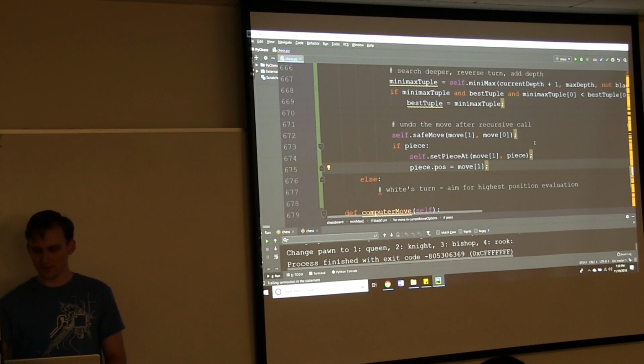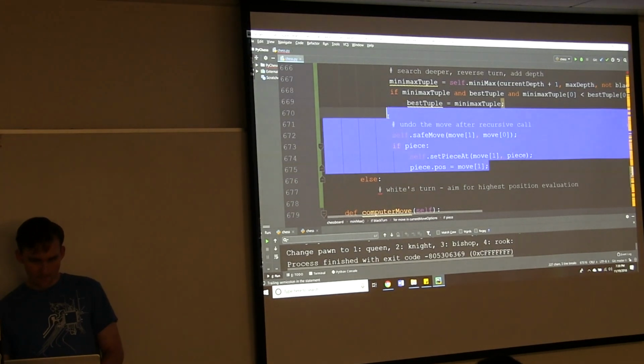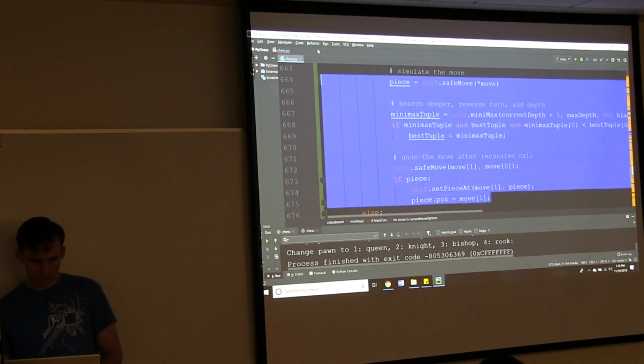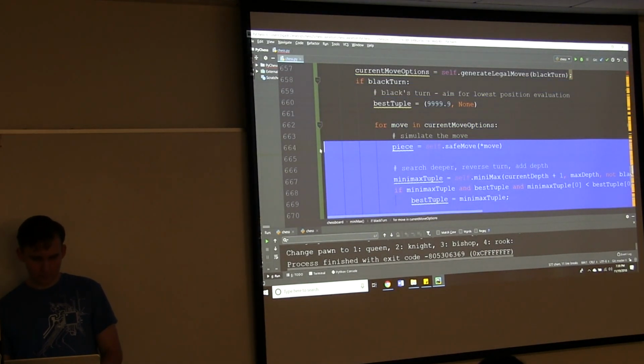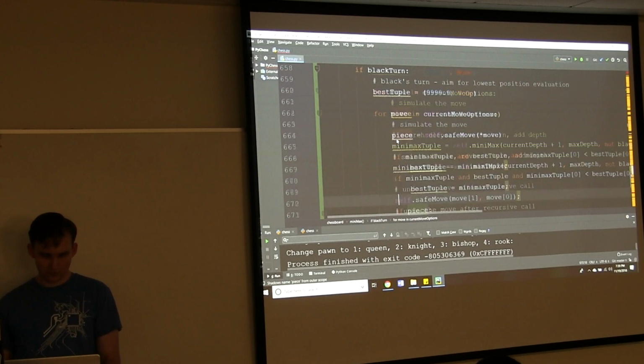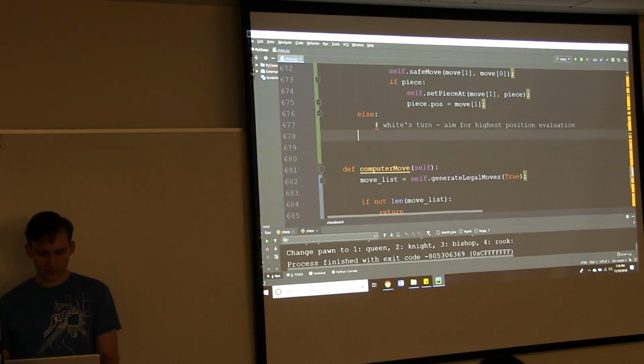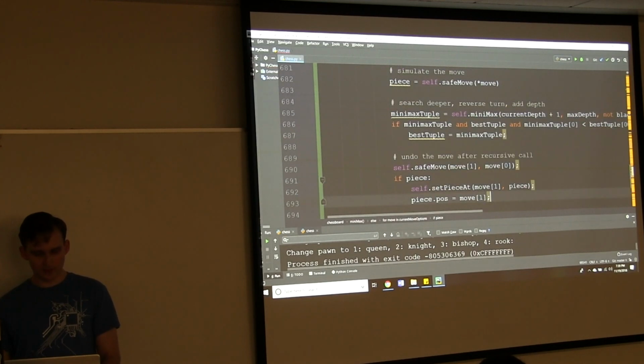In fact, I think we might as well copy paste from the other side. So paste that in the white side, and then we'll make the tweaks.